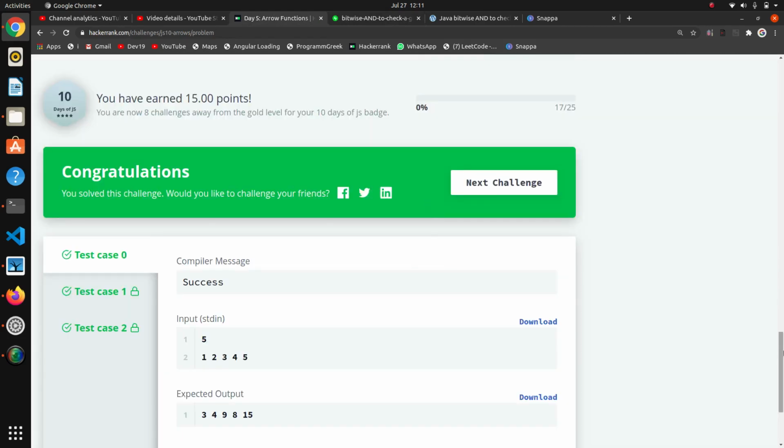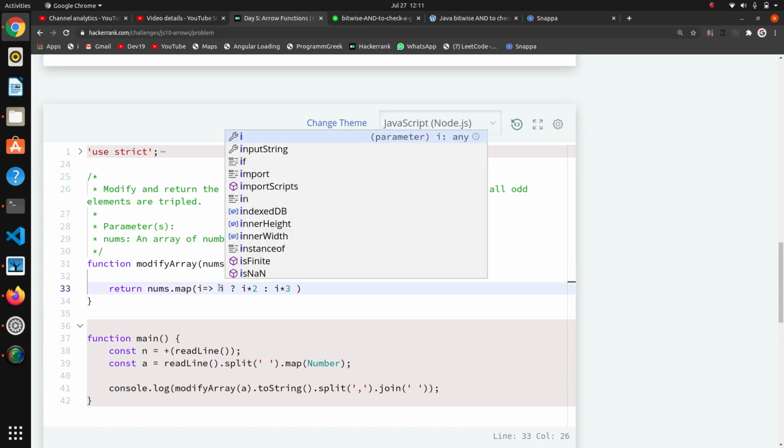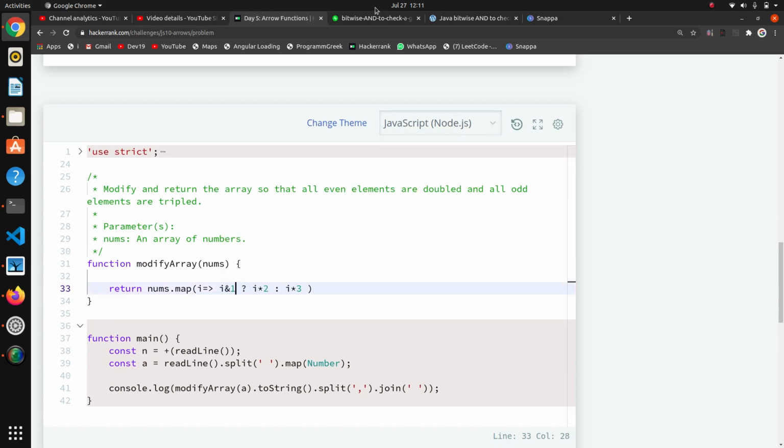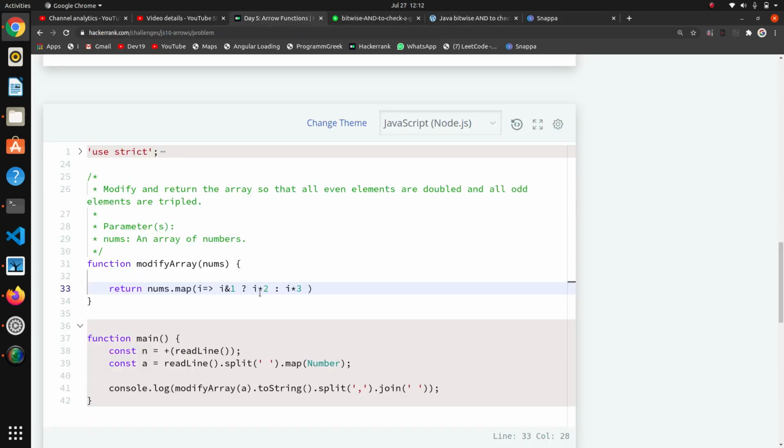So here we will make another change. This is the third type. We are going to see i & 1. So i & 1 कैसा होता है. So this is the element and we are operating the AND operator with 1. Then we will get this number 0 0 0. If all are 0, then we will get false, and if the 0th bit is 1, then we will get 1 here. So that's why we can get even and odd using this also.